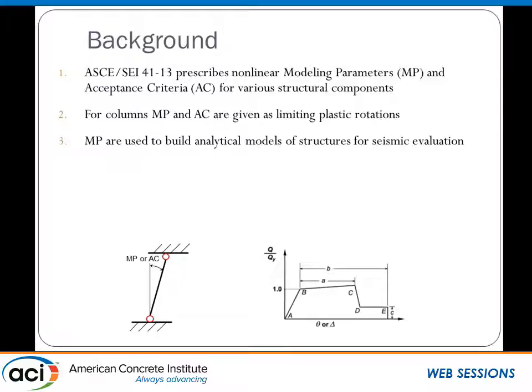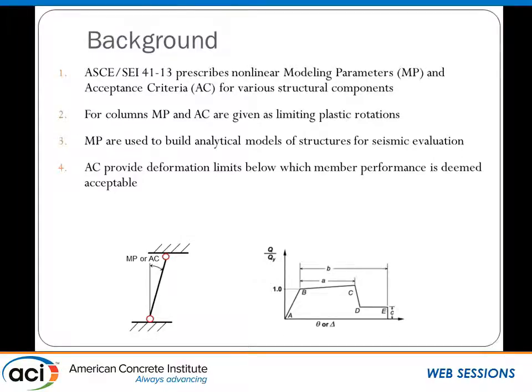And the modeling parameter A defines that deformation, the plastic rotation, at loss of lateral strength. And the modeling parameter B will define the end of life of the column, which is the axial collapse of the column. So within the document, these modeling parameters are given for concrete columns, and the acceptance criteria will provide